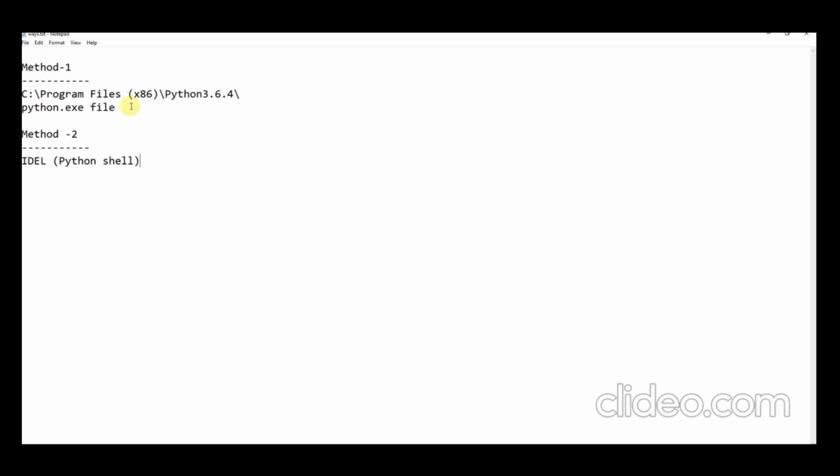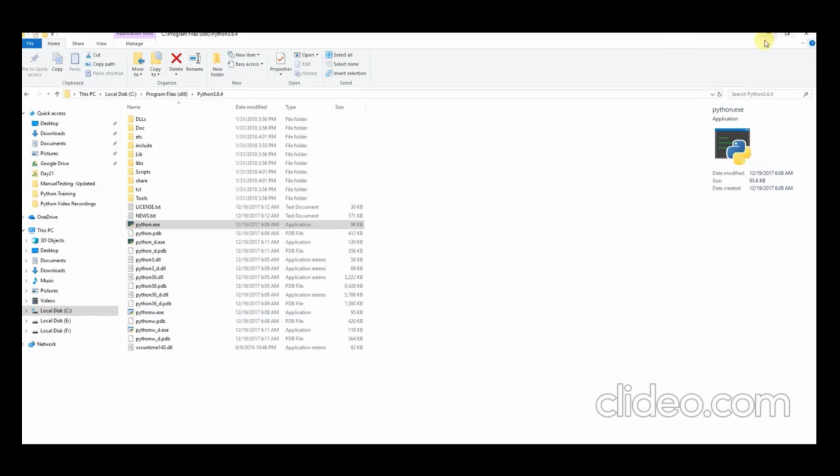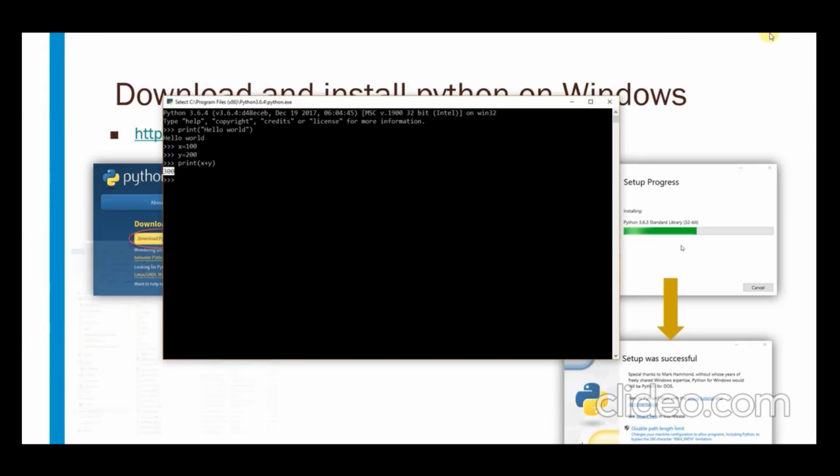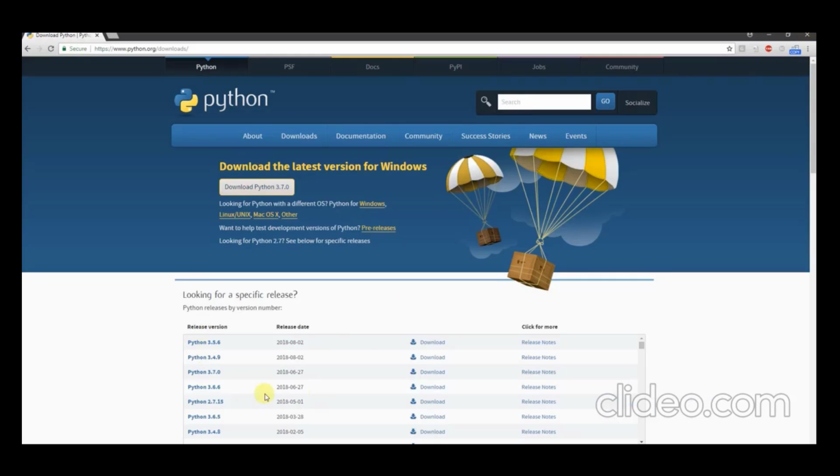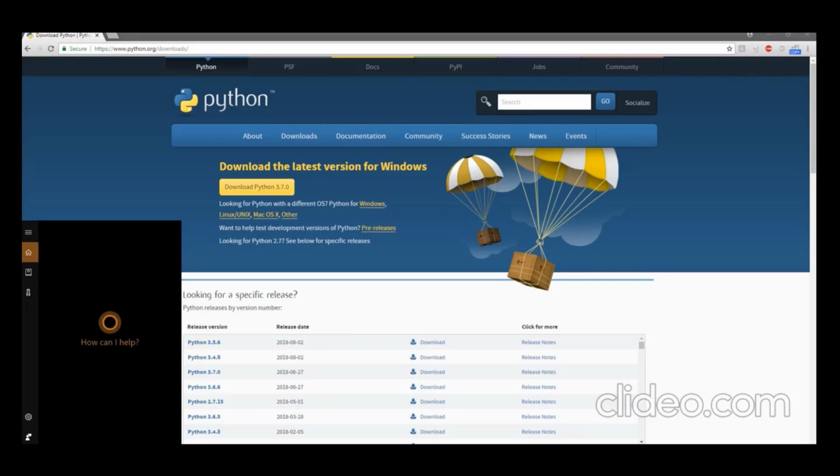So here in Windows itself, let me close all the stuff. Let me close this window also. Now in Windows, just go here and type IDLE.